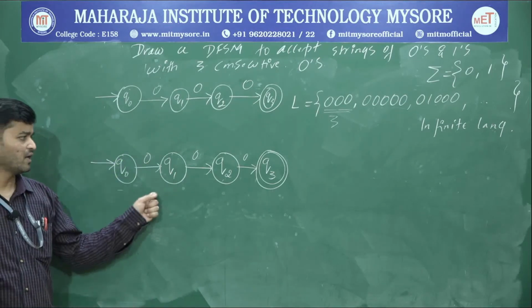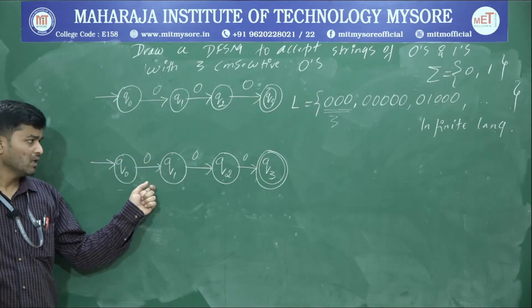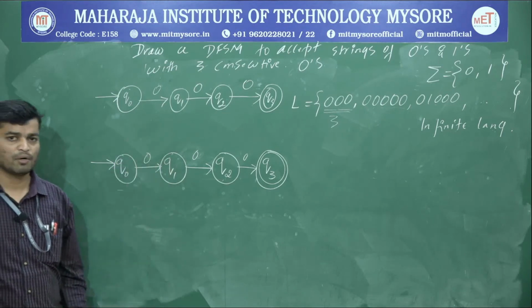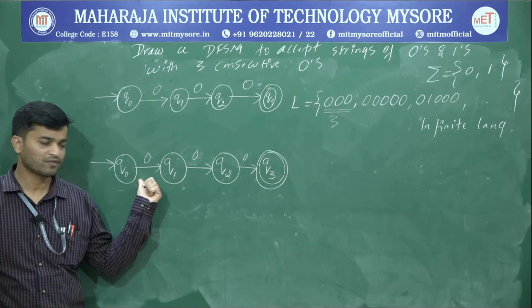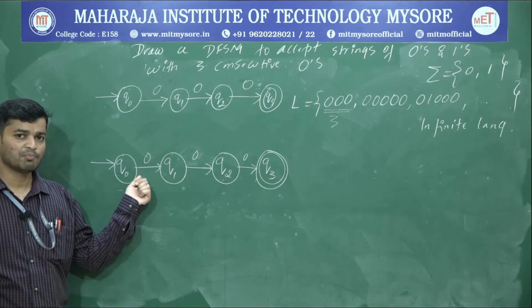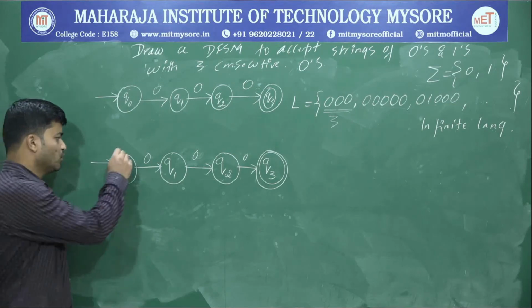Okay, rewrite the skeleton one more time. Next, you build what? Muscle. So how to build it? Sigma is 0, 1. From each state there should be exactly 2 paths. So if you go with Q naught, already there is a path forward on 0. Now I have to give a path forward on 1. What's the first option? Loop upon 1.